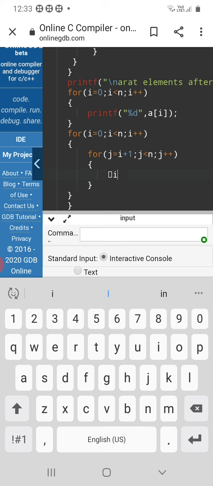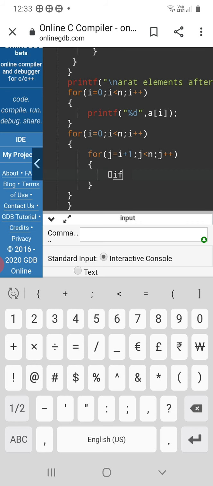I am writing if, left brace, a of i less than a of j, because in this condition we are sorting the elements in descending order.